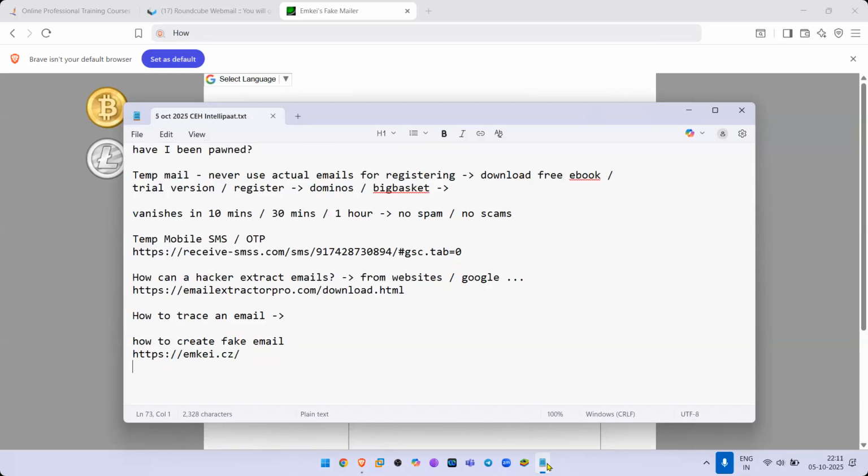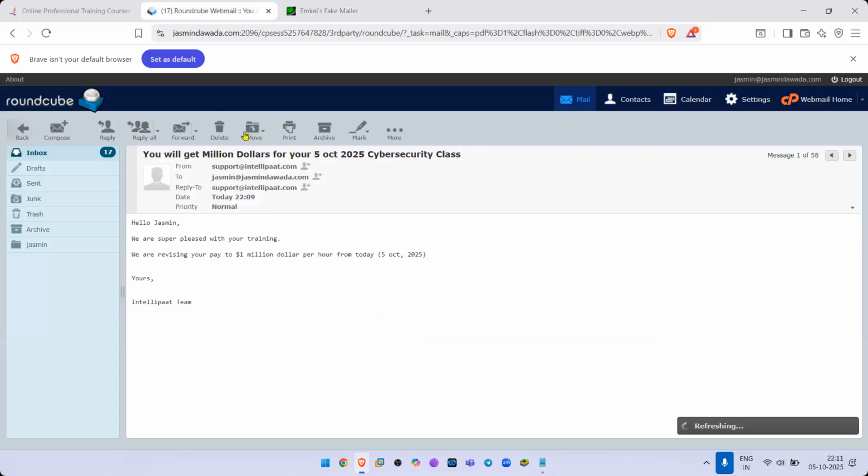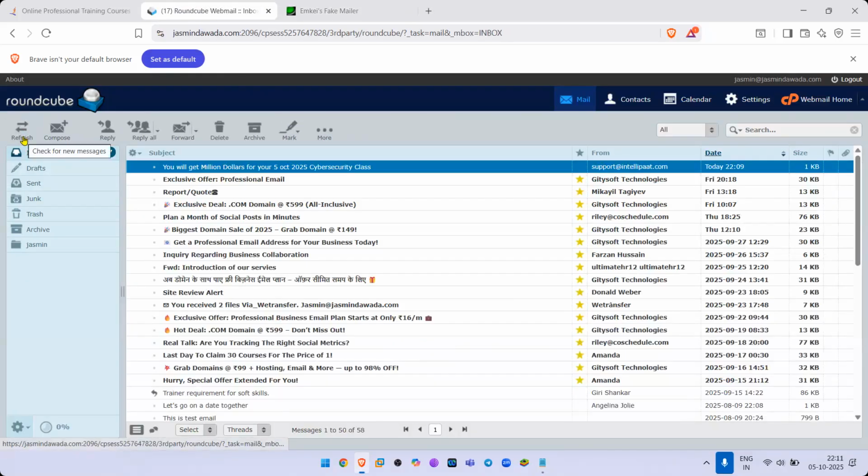It will not even come in spam. The Alia Bhatt message that you saw was 4 years old. So now I have to use my official website. This one is still hackable. That one is not. Try this out. I hope this is going good. So it's so easy for you to create a fake email.